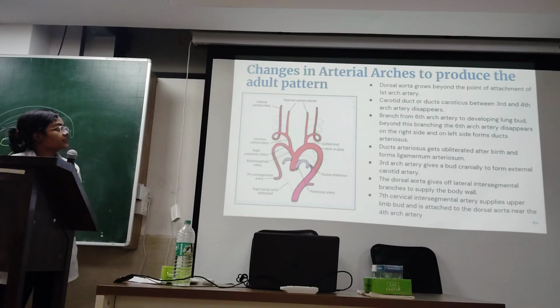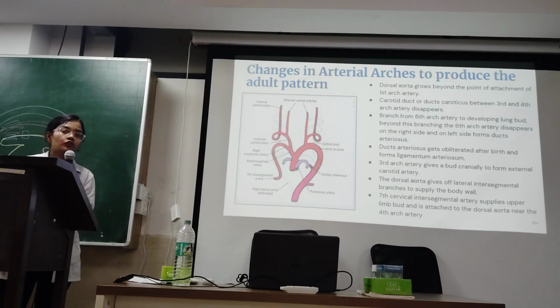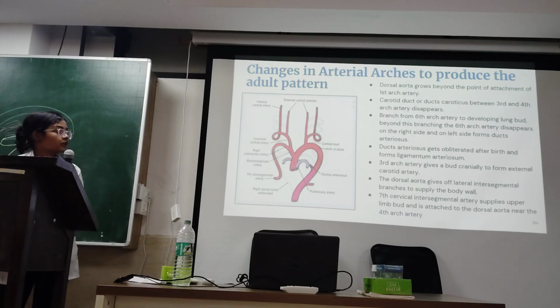Now there are changes that happen in the arterial arches to produce the adult pattern. First of all, the dorsal aorta grows beyond the point of attachment of the first arch arteries, and the portion of the dorsal aorta that is present between the third and the fourth arteries, also known as ductus caroticus or carotid duct, disappears, and